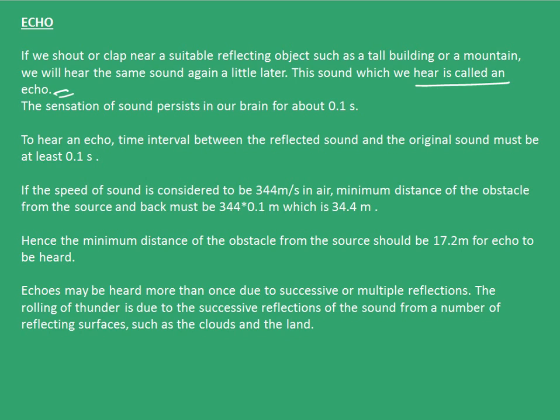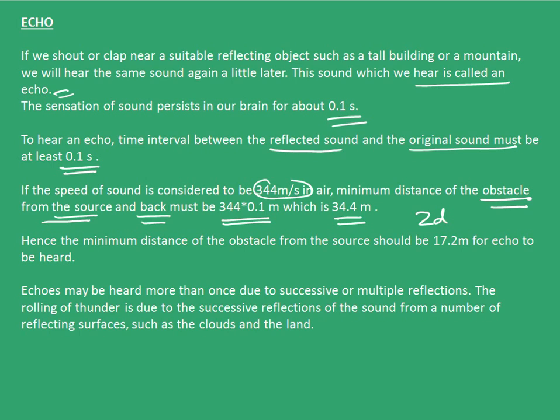The sensation of sound persists in our brain for about 0.1 seconds. To hear an echo, the time interval between the reflected sound and the original sound therefore must be at least 0.1 seconds. Now if the speed of the sound is considered to be 344 meters per second in air, the minimum distance of the obstacle from the source and back, that is twice the distance of the source from the obstacle, must be 344 into 0.1 meters, which is nothing but 34.4 meters. And hence, the minimum distance of the obstacle from the source, that is D, will be 17.2 meters